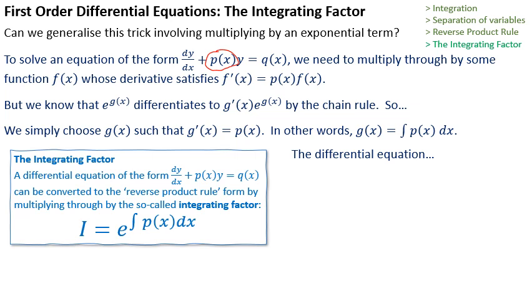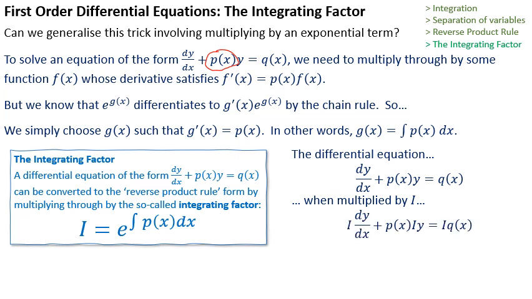Let's go through a quick example, a generalized example. The differential equation dy by dx plus p of x y equals q of x will get multiplied through by this integrating factor, and I'm going to call it I to make things a little neater here. On the right hand side, yes, we have a slightly different function then, I times q of x. On the left hand side, we have I dy by dx plus p of x times I times y, and that matches the reverse product rule format, because I has been specially designed so that it differentiates to give p of x times I. Just like e to the minus x differentiates to give minus e to the minus x,